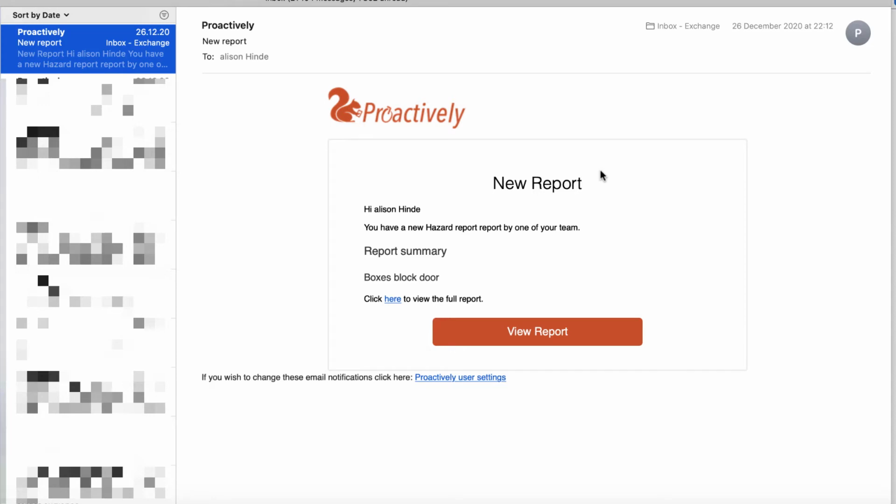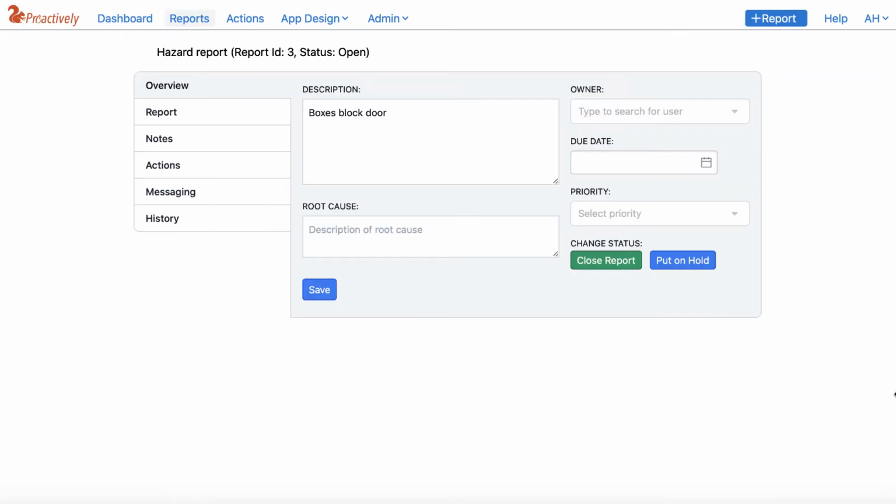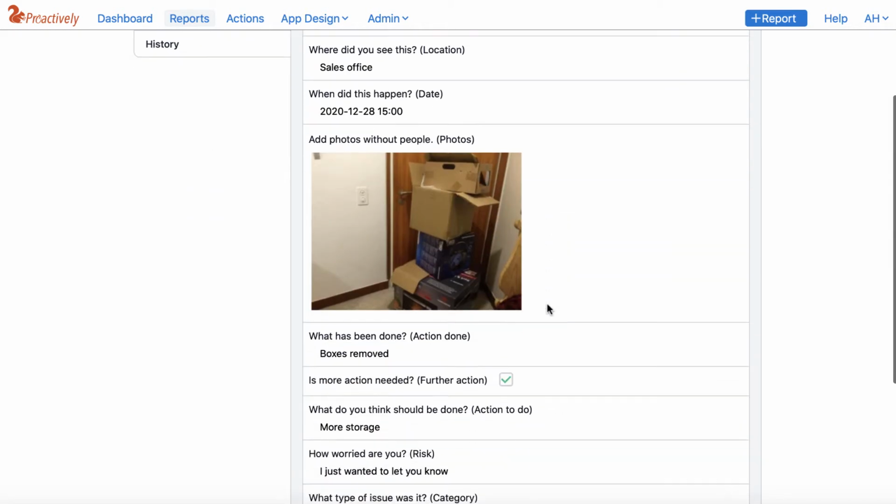The hazard report about the blocked door has been sent into the system. Alison Hind, the Health and Safety Manager, receives a notification. She clicks to open it. It takes us straight into the web portal for this report. We're now in the overview section, but we can click to the report so that we can view the report